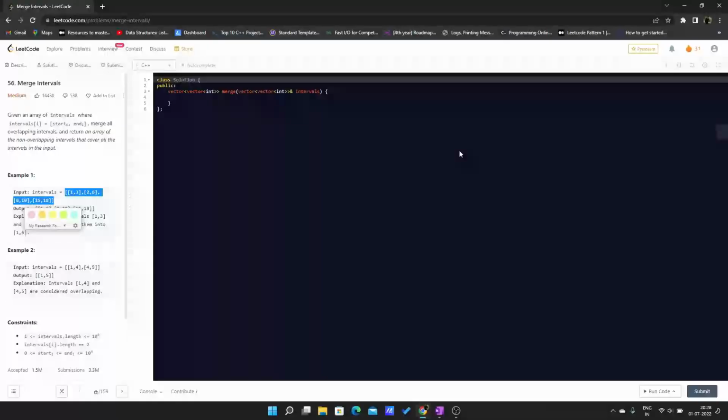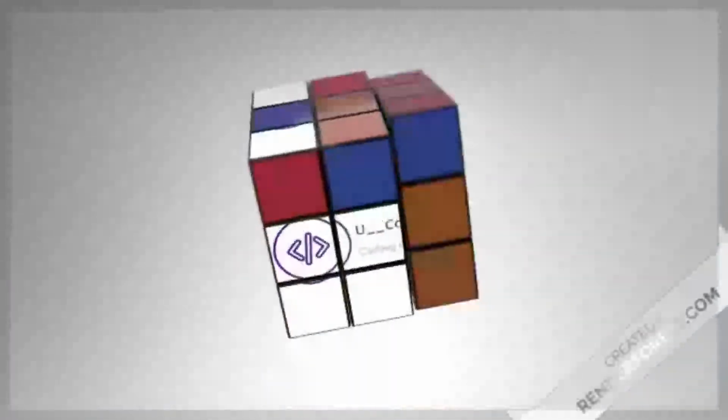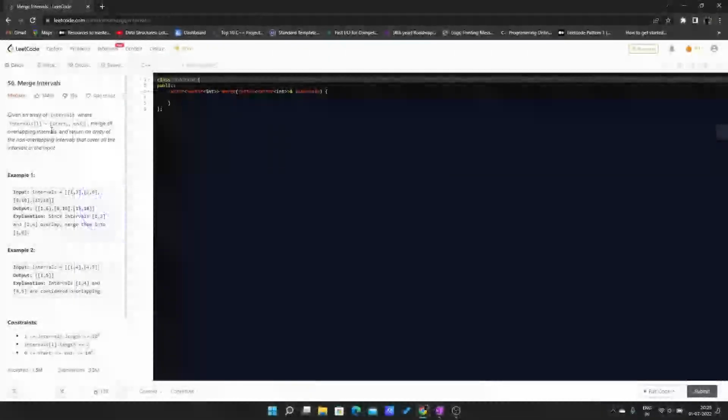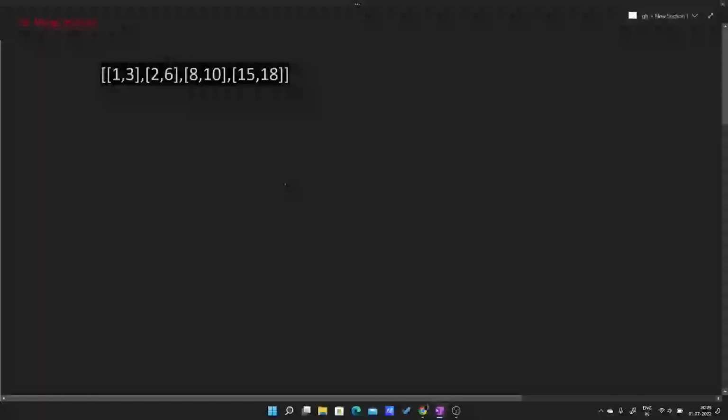Hello everybody, so in this video we will be looking at the LeetCode problem 56, that is merge intervals. So the problem statement states that we are given an array intervals where interval of I denotes start of I and end of I, and we have to merge all overlapping intervals and return an array of non-overlapping intervals. Okay, so what the question is saying is, if we have this array with the values 1,